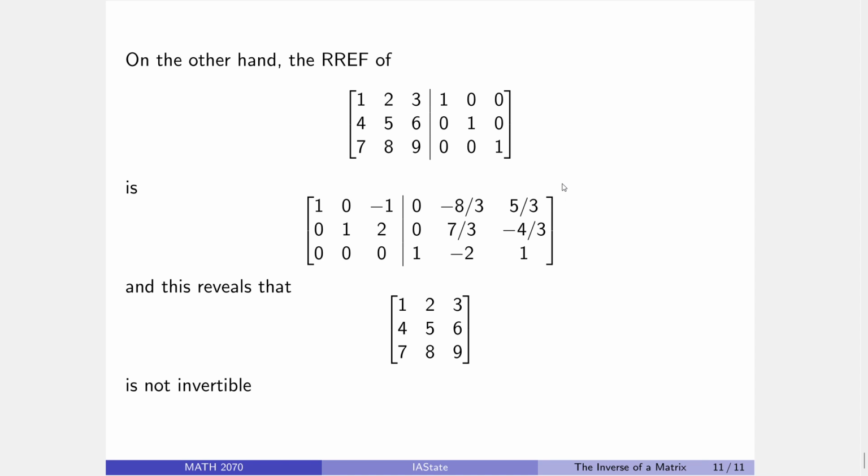So that means we can't possibly be invertible, because as we've already established, a matrix is invertible precisely if it's row equivalent to the identity matrix. Every invertible matrix is row equivalent to the identity, and if you are row equivalent to the identity, then you have to be invertible. So here we see that a pretty innocuous looking matrix, 1, 2, 3, 4, 5, 6, 7, 8, 9,